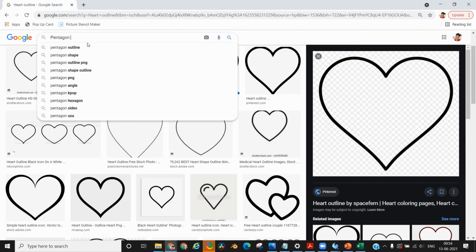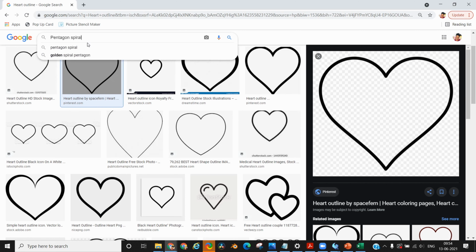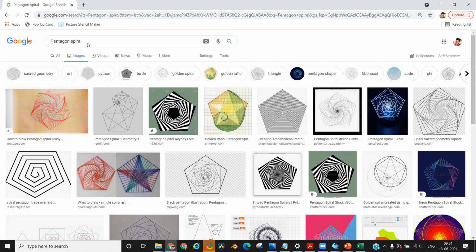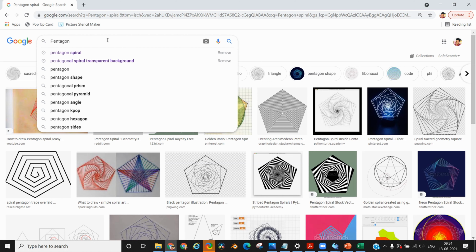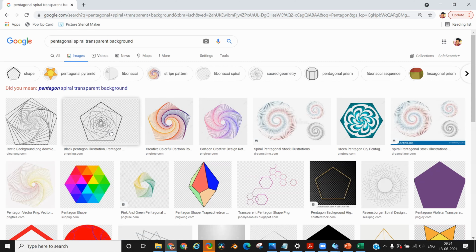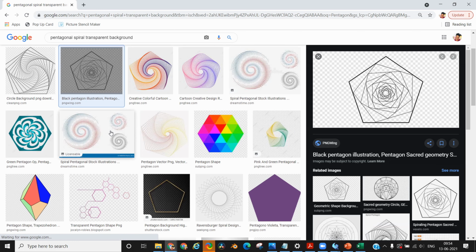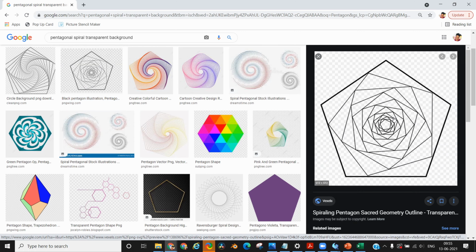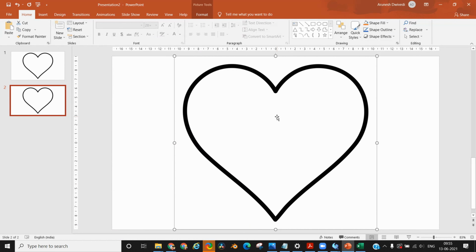Next part of the template is any kind of geometrical design, spiral, concentric, or any kind that you want. So initially I used a pentagonal spiral design. So once again I went back to Google Images and I searched for a pentagonal spiral design with a transparent background so that I can see the heart image at the bottom once I paste on top of it. I searched for the image that I like, not too complex, with enough gap to put your folded pieces. I opened the image, copied it, and on the second slide where I have placed the heart also, on top of it I pasted that image.